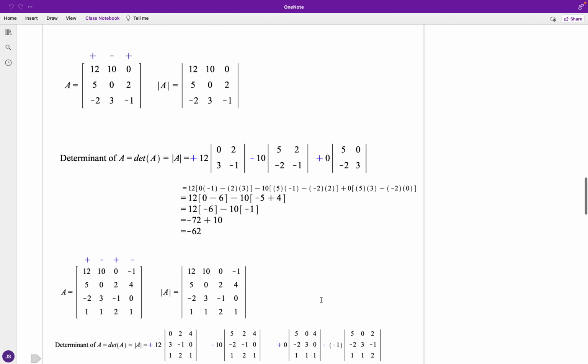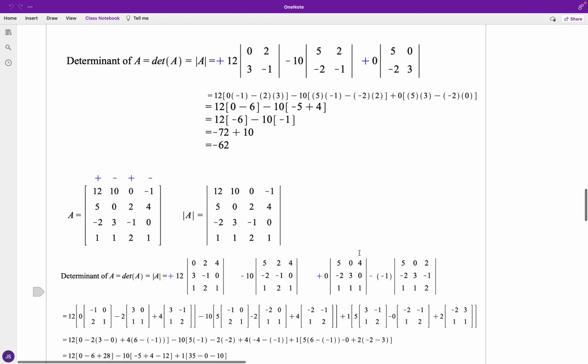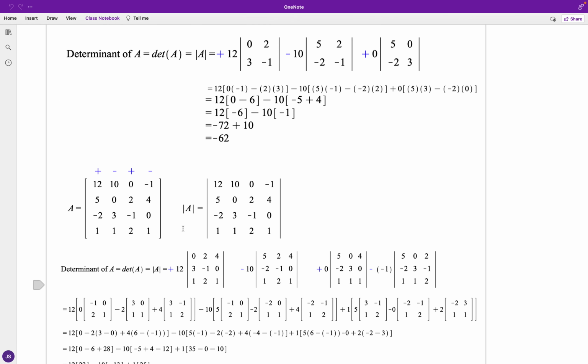Now, in the case of a 4 by 4 matrix, notice you have alternating positive, negative signs, and again, that would be in reference to the positive 12 minus 10 plus 0 minus -1. And looking at the value of the determinant, we have 12 times the minor of the first row, first column, and minus 10 times the minor of the first row, second column, and 0 times the minor of the first row, third column, and minus -1